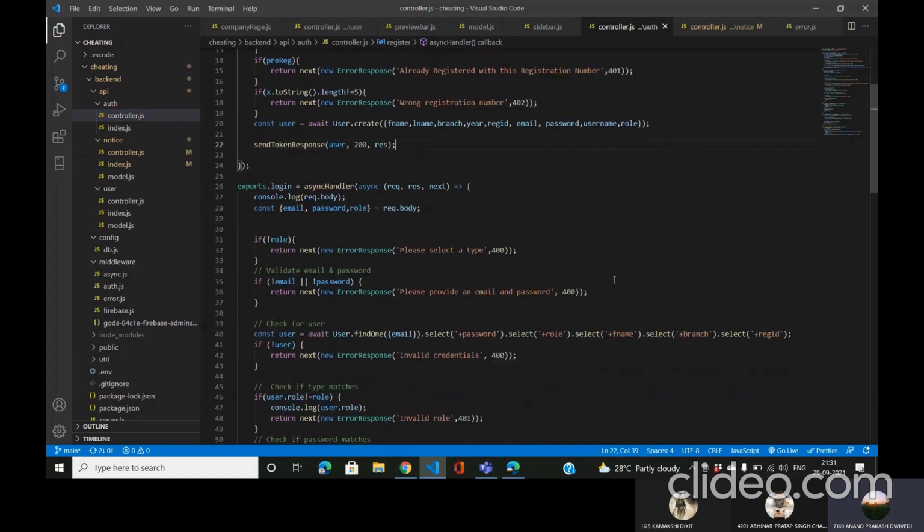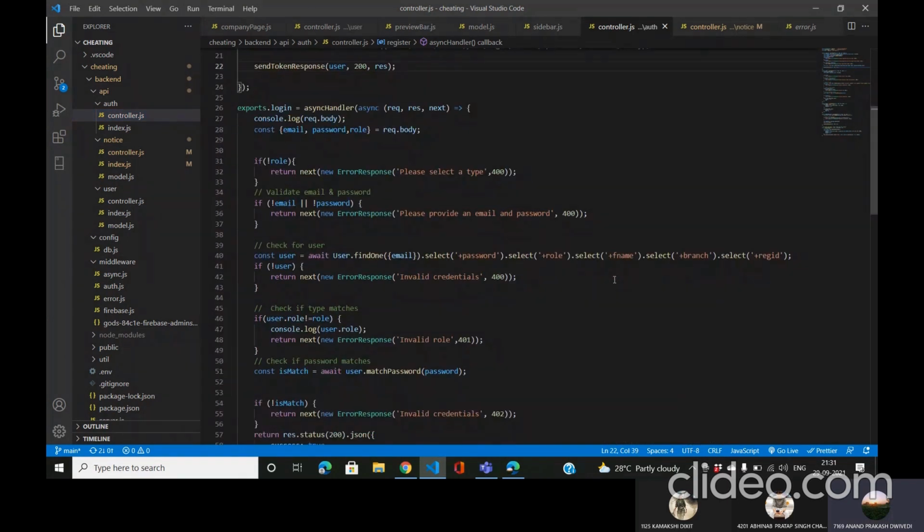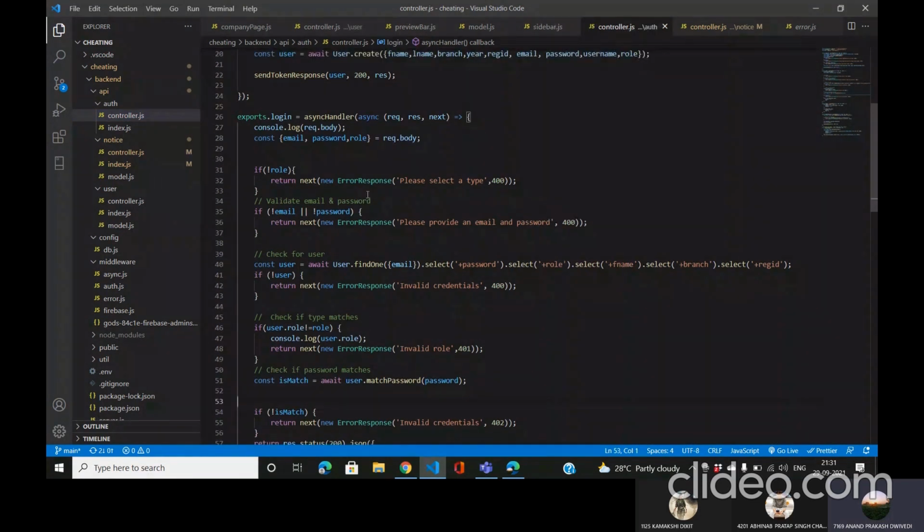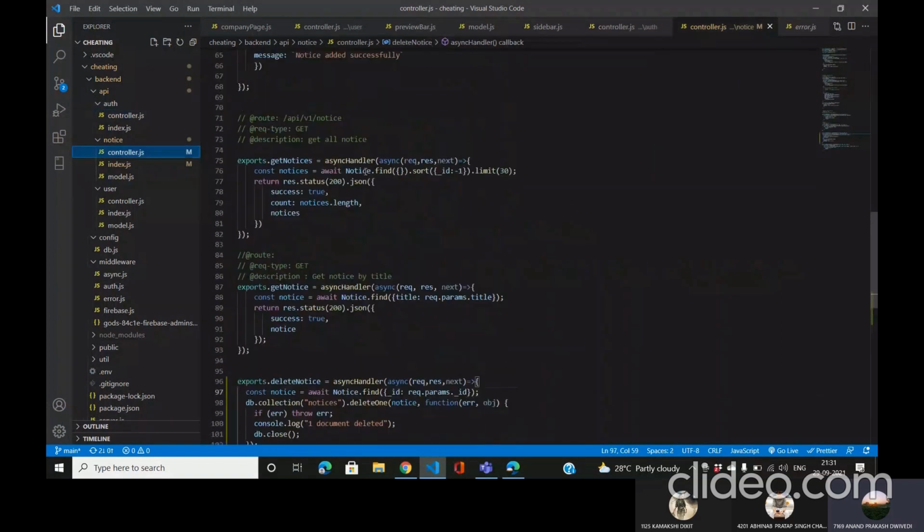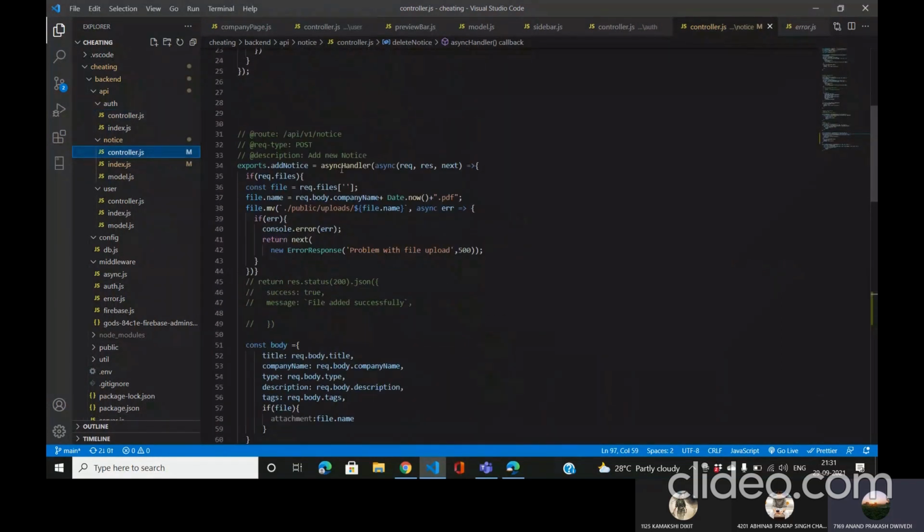Here the login function will check whether the user who is logging into our website is authenticated or not. And if we move to the admin section, the required details are that he can add or delete a notice from the database, for which I defined the controller.js in notice. And from here I defined an add notice function in which he can also add the required files if needed. I have used our local storage for the data upload, but in the future we can use Firebase or any other cloud platform, and it can pass a URL which we can store in MongoDB and display the PDF.